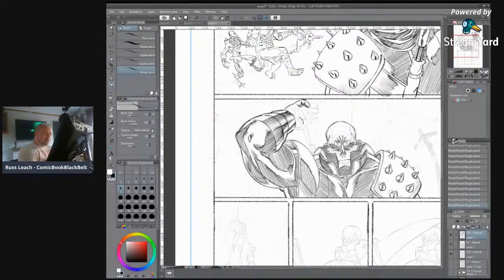Mike's colours are great. They're real, current day, contemporary comic book colours, and they really zing off the page. He's such a talented man. So I wanted to do that, and then I've got the pin-ups as well, which will also be hopefully some kind of